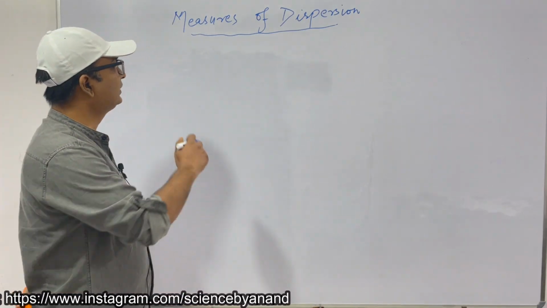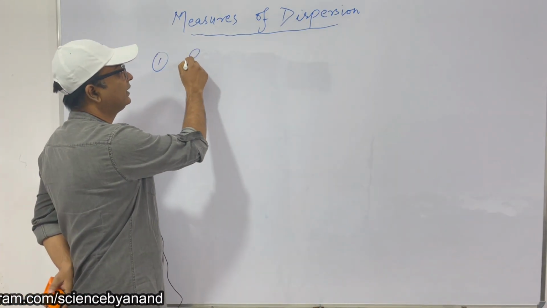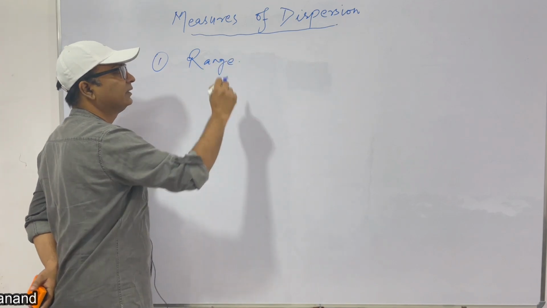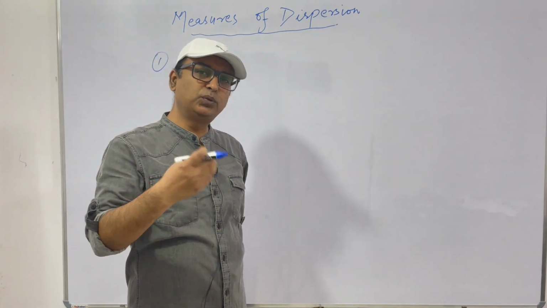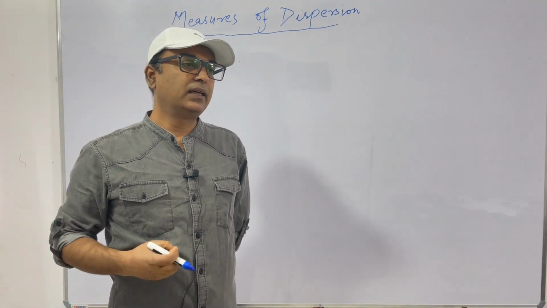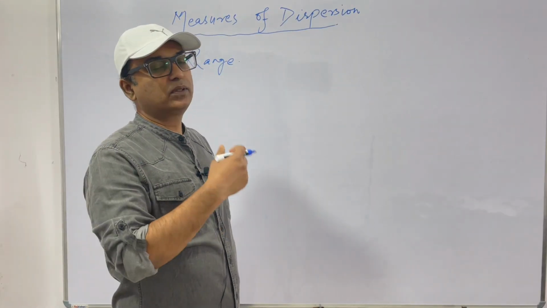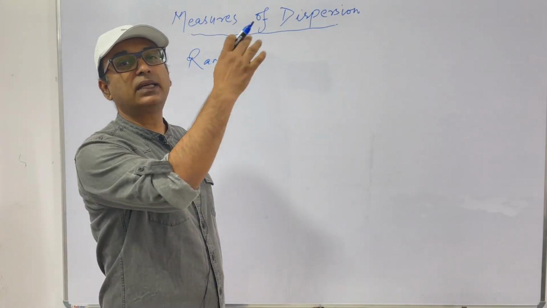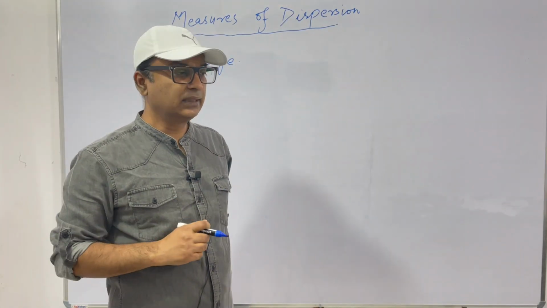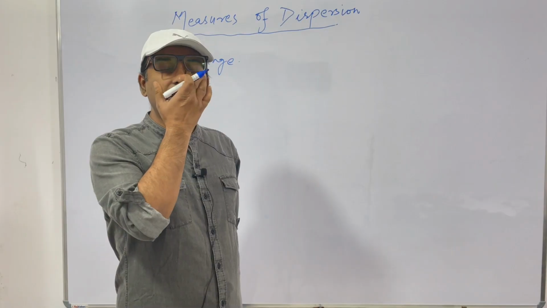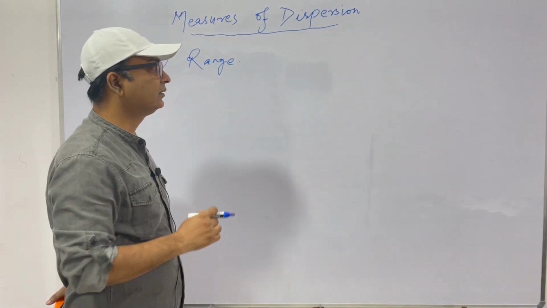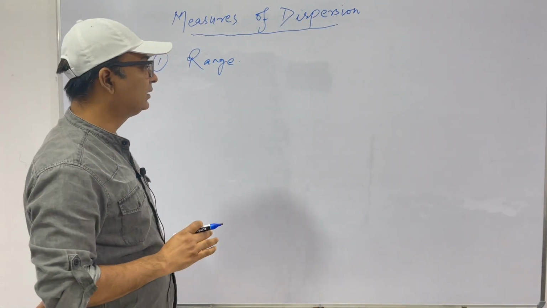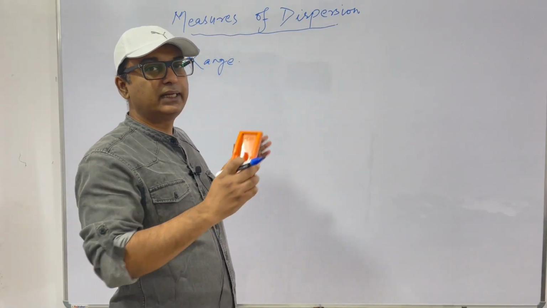So let's start with the first measure, that is range. What is range? Every day we use this term, like we say my range is now very limited, I cannot go beyond 4 kilometers while walking, or we say the range of this missile is this much, 1000 kilometers. Range is actually, in pure mathematical statistical terms, let's say we have data,